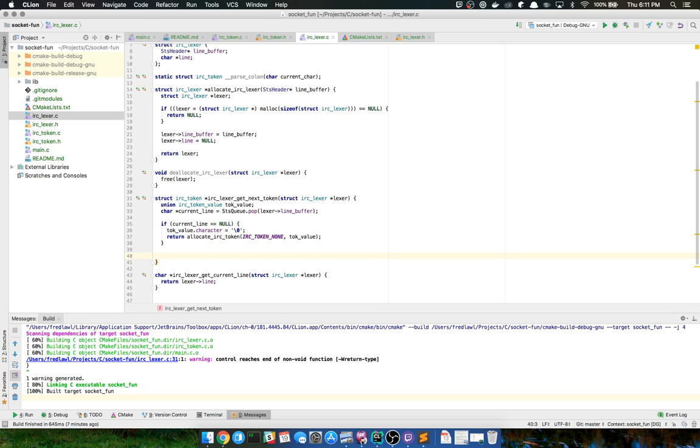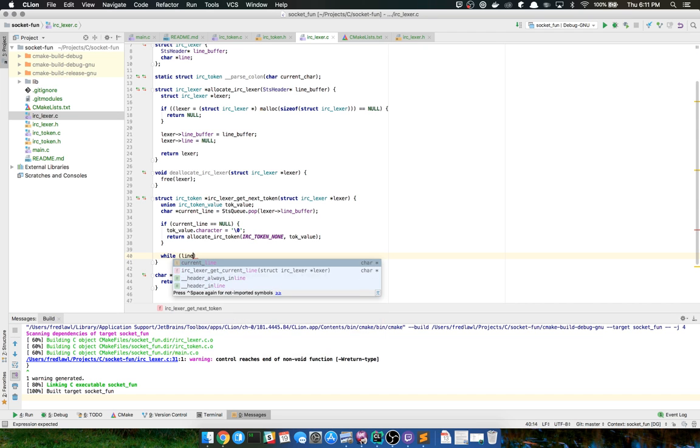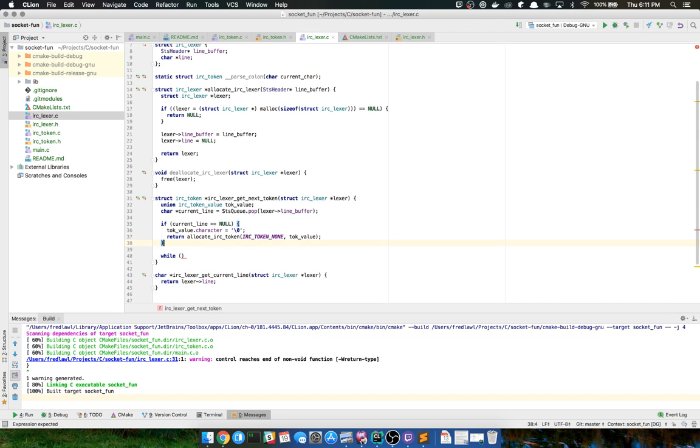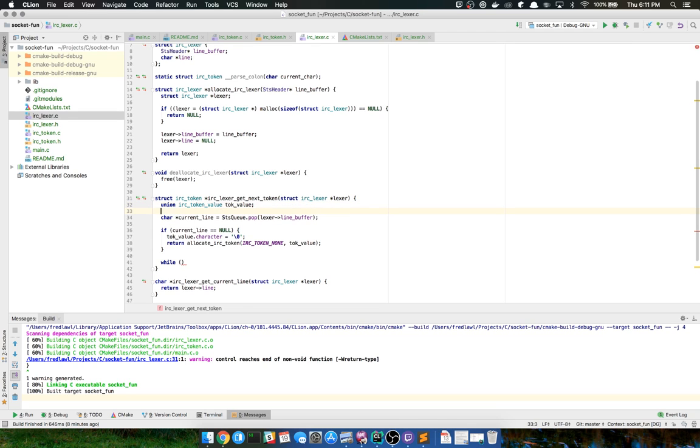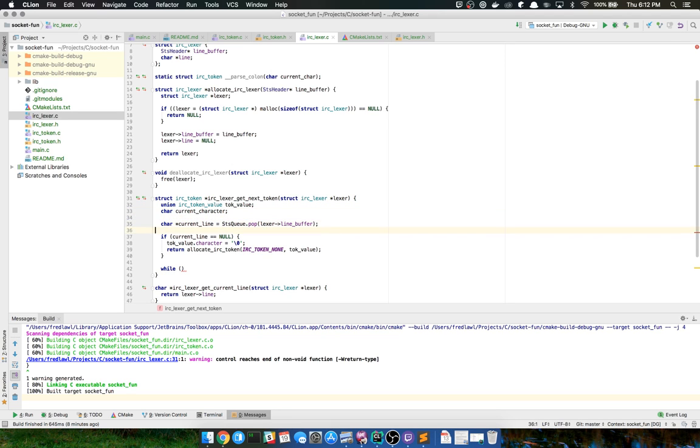Otherwise, what we're going to do is loop over that line. So we're going to get that line. So I'm going to do char current character, right?